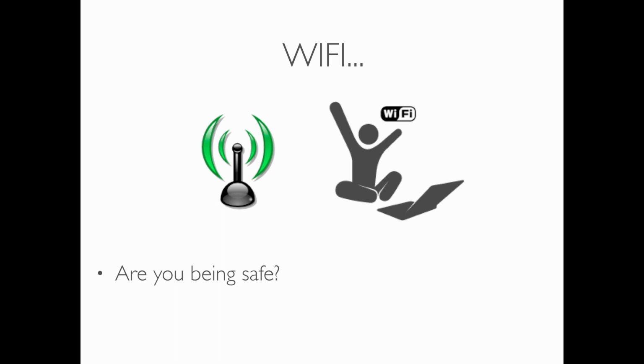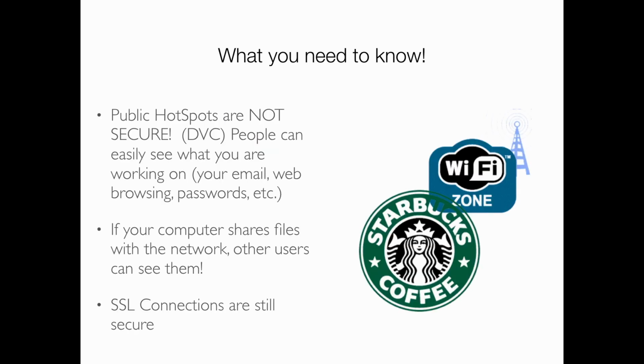I don't think they want their computers to be wide open. You, when you're browsing stuff, need to be aware of the same thing. So if you share files or if you opened up your computer for sharing, you have to be aware that you're opened up for sharing. And you might not want it to be that way. Now, of course, if you're browsing like your bank account, you see that little green lock that shows up? It's SSL encrypted, no problem. You're not losing anything. It's not a problem.